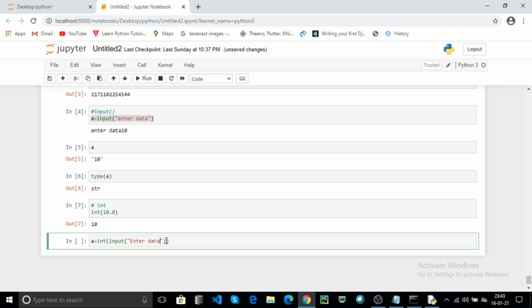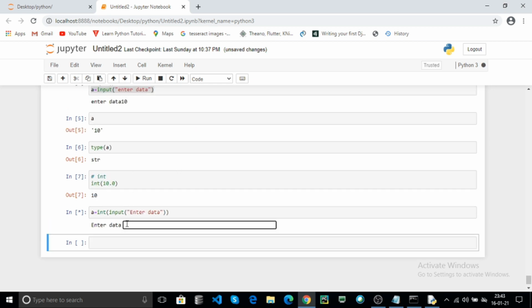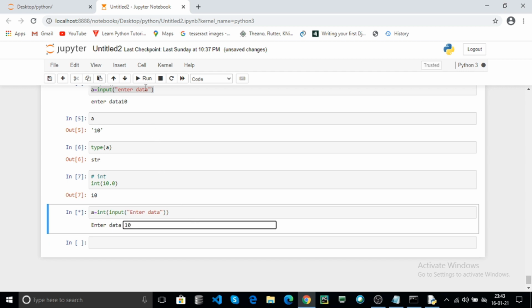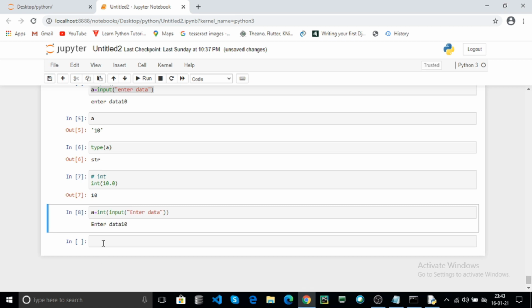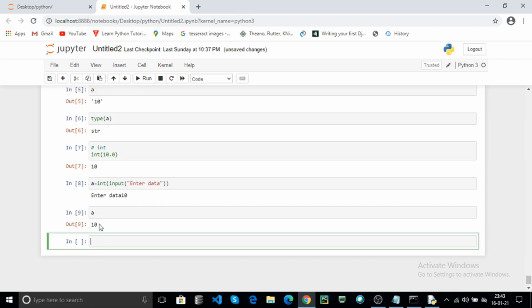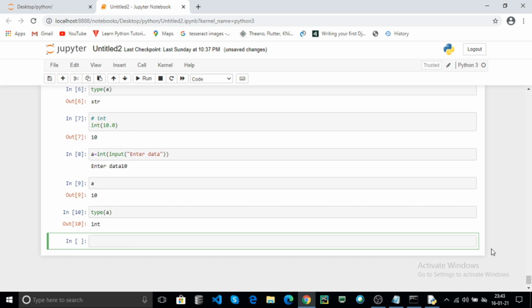By default it takes string data and then converts the string data into integer data. Click on run. Enter data, for example 10, and hit enter. Here A contains 10 as integer data. You can also check the type of A. It returns integer.